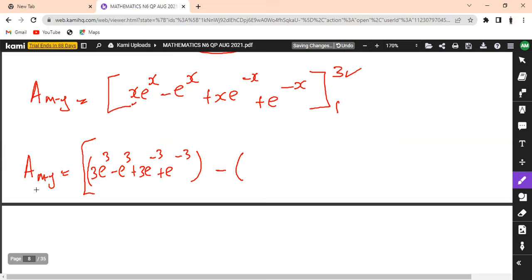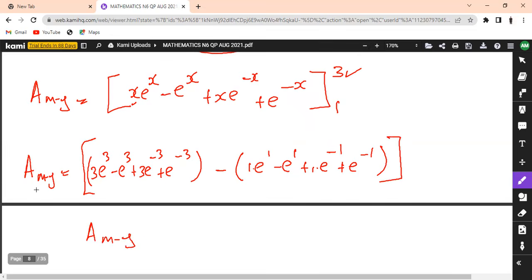Minus, we move on to when it is 1, so it's going to be 1 by e to the exponent of 1 minus e to the exponent of 1 plus 1 by e to the exponent of 1 plus e to the exponent of minus 1. So this is minus 1 here. So that's what you're going to have. And our area moment with respect to the y-axis, if you are to combine these two, we are going to have